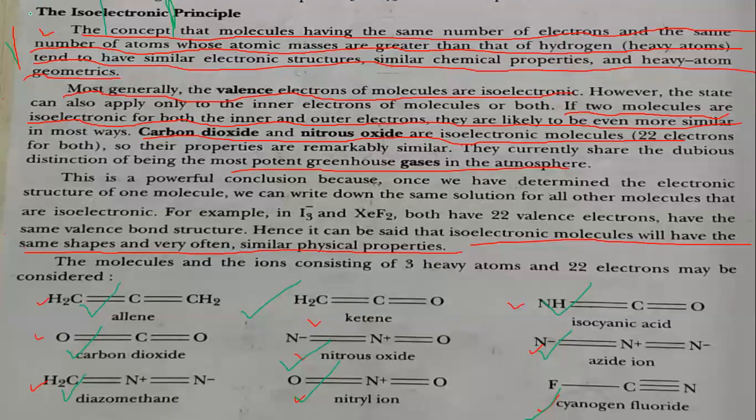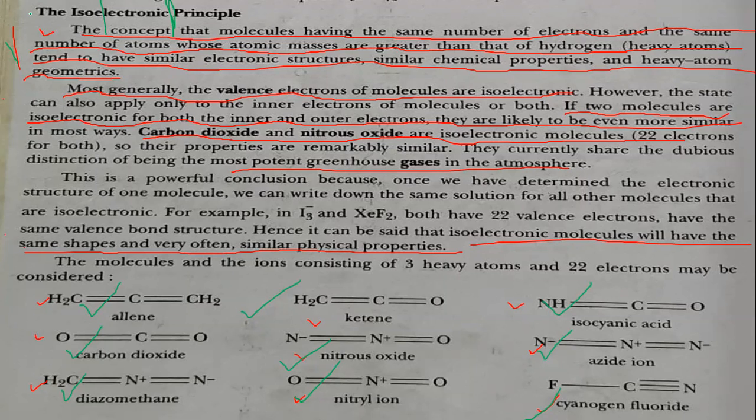Hello everyone. In this lecture, we are going to learn the isoelectronic principle and how it is applicable in our day-to-day life. The isoelectronic principle says that molecules having the same number of electrons and the same number of atoms whose atomic masses are greater than that of hydrogen tend to have similar electronic structure, similar chemical properties,